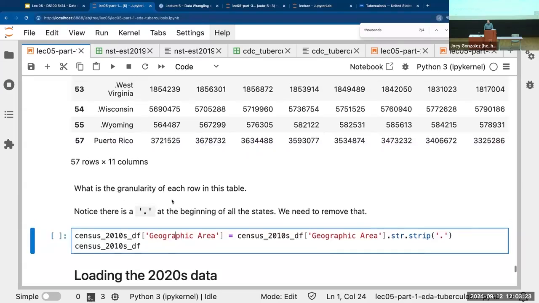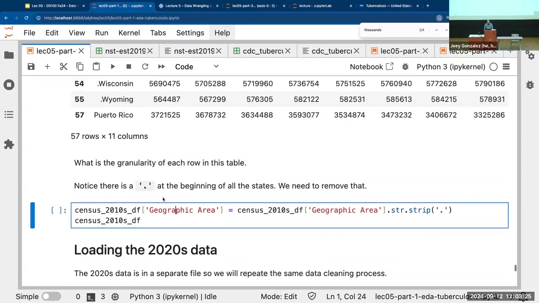So these dots are kind of annoying. I don't want dot Washington. I just want Washington. We're going to do more string manipulation next week, actually. Here I'm going to take the geographic area column, and I'm using a string operator on that column. So you'll start learning about these string and date operators. If I take a series of objects, and those objects happen to be strings, then I can do .str.